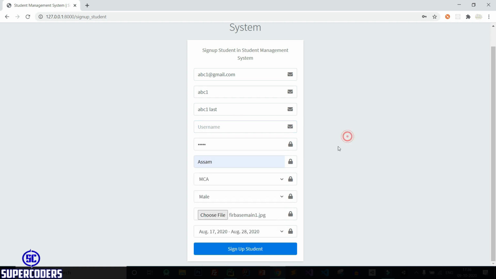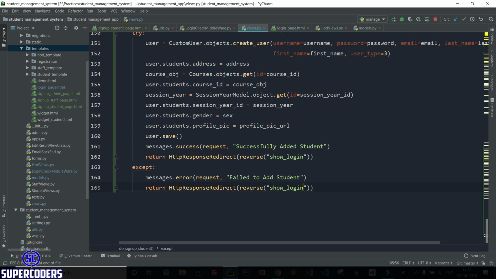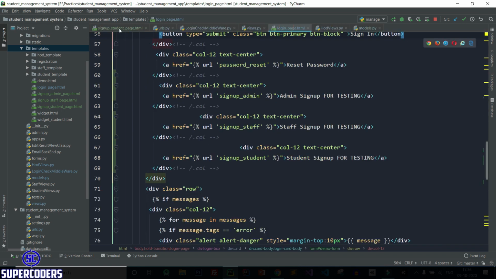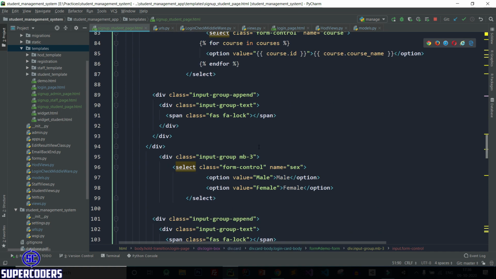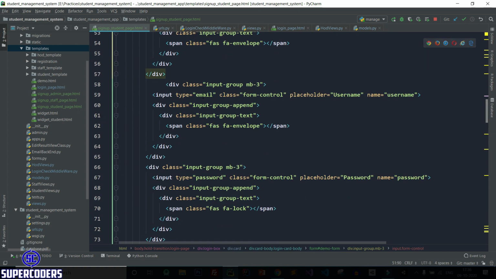So let's see, back to PyCharm and come to login page or sign up student. Let's check. Okay, it is taking text, save it.